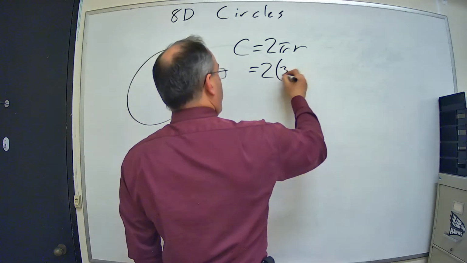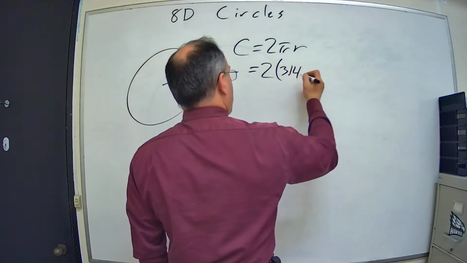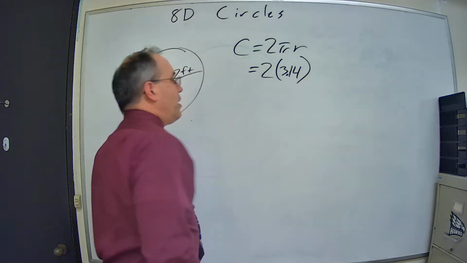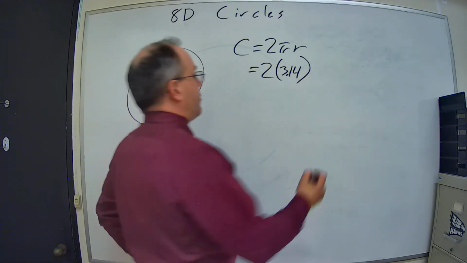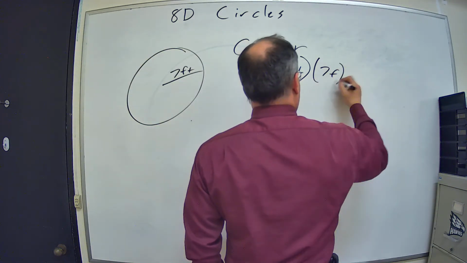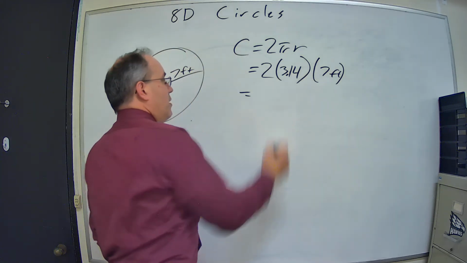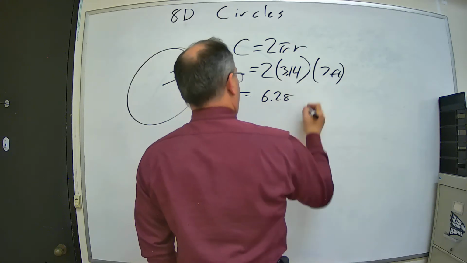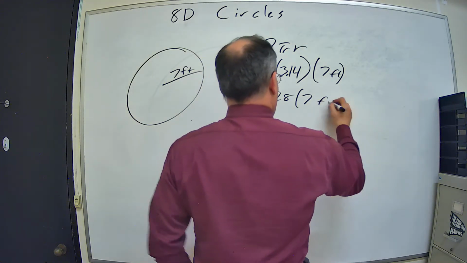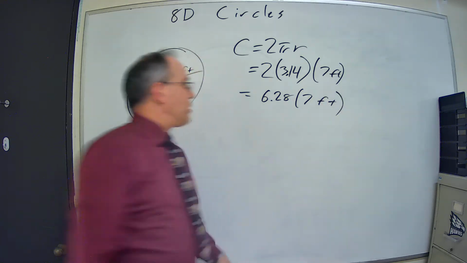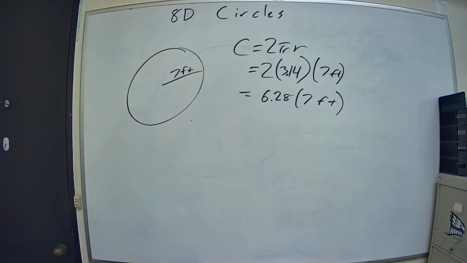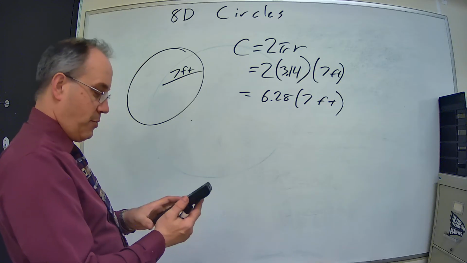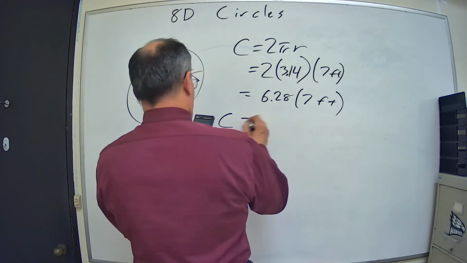I'm just going to use 3.14 here. So 3.14 times r, our radius of 7 feet. Two times 3.14 is 6.28 times 7 feet. I'm going to grab my calculator because 6.28 times 7 in my head is not a quick, easy calculation. So 6.28 times 7 gives me a circumference of